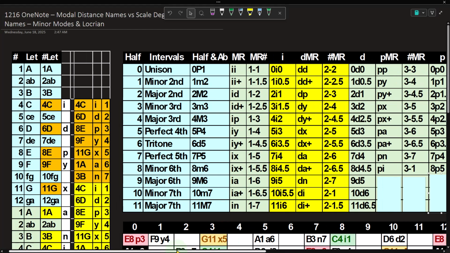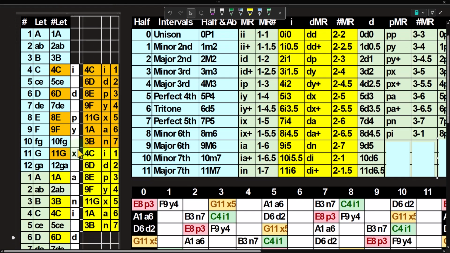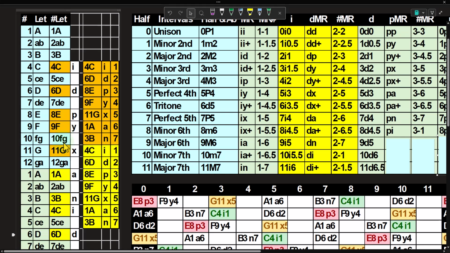Okay, so if we go 8 notes away from the Phrygian, if I'm on the Phrygian, we go up 8. 1, 2, 3, 4, 5, 6, 7, 8. We get to the Ionian. If I'm on the Phrygian here and I go up 1, 2, 3, 4, 5, we get to the Ionian, 5th modal half step, which would be the 6th scale degree if I make that the 1